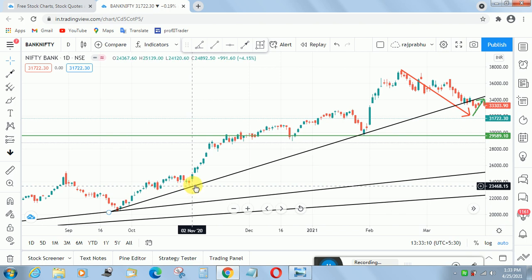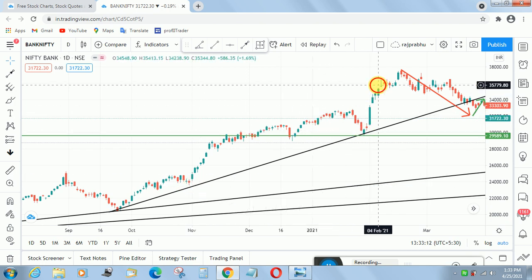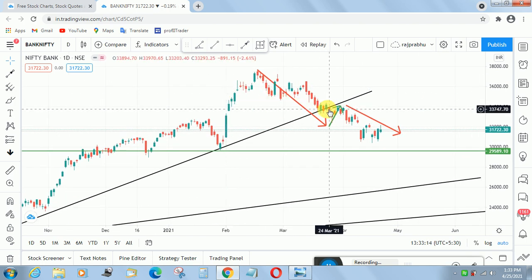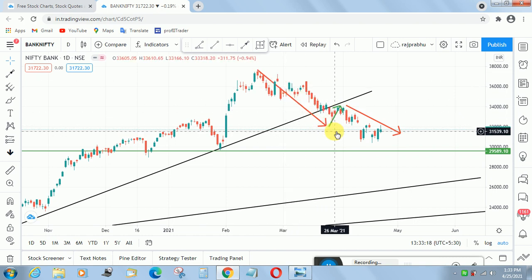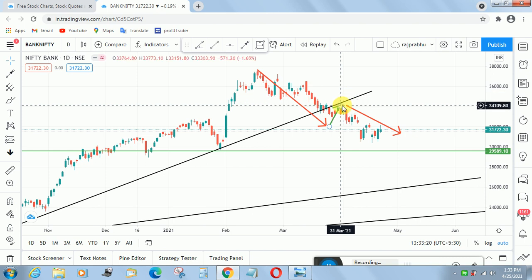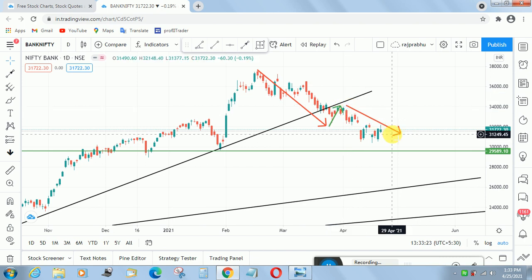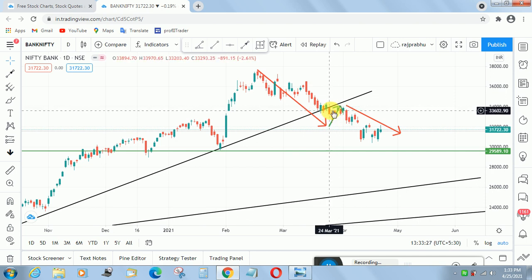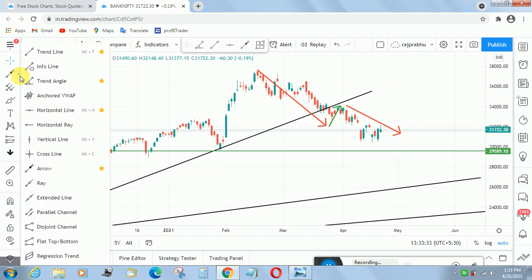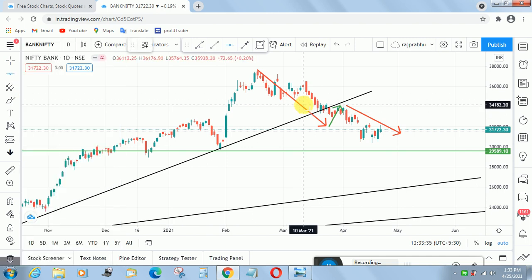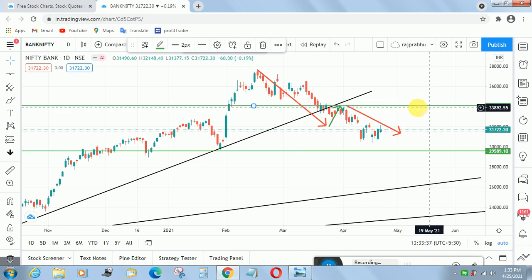See here, this is the first support and this is the second, and here the third will be broken. See, whenever the breakout happens, it will retest and then it will be a sell. You have a chance to sell at this level. See your entry, just imagine, it's very simple, don't get confused, it's your entry area. This is a selling entry area.